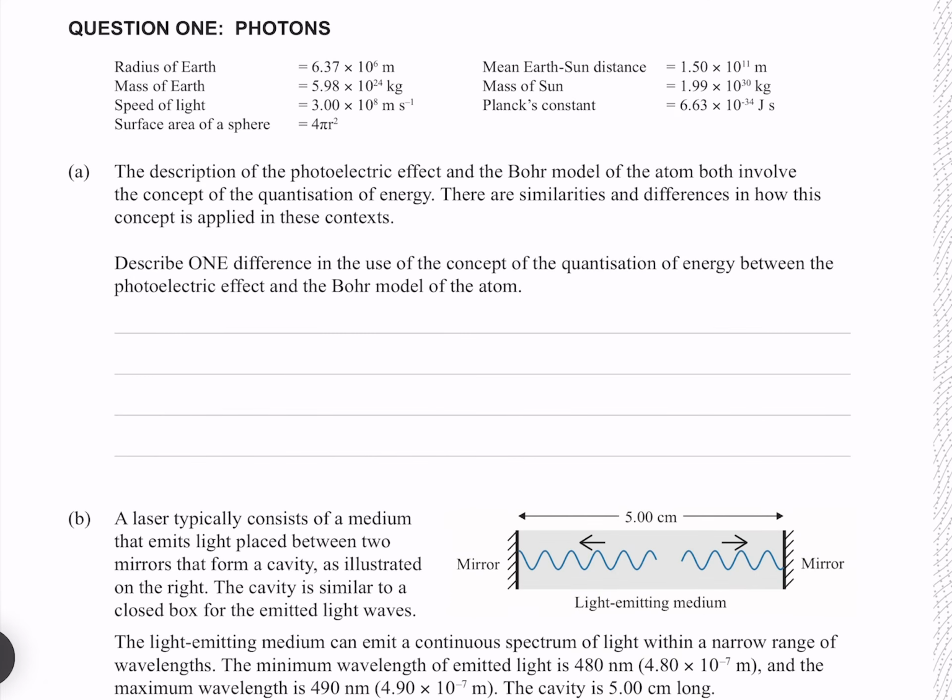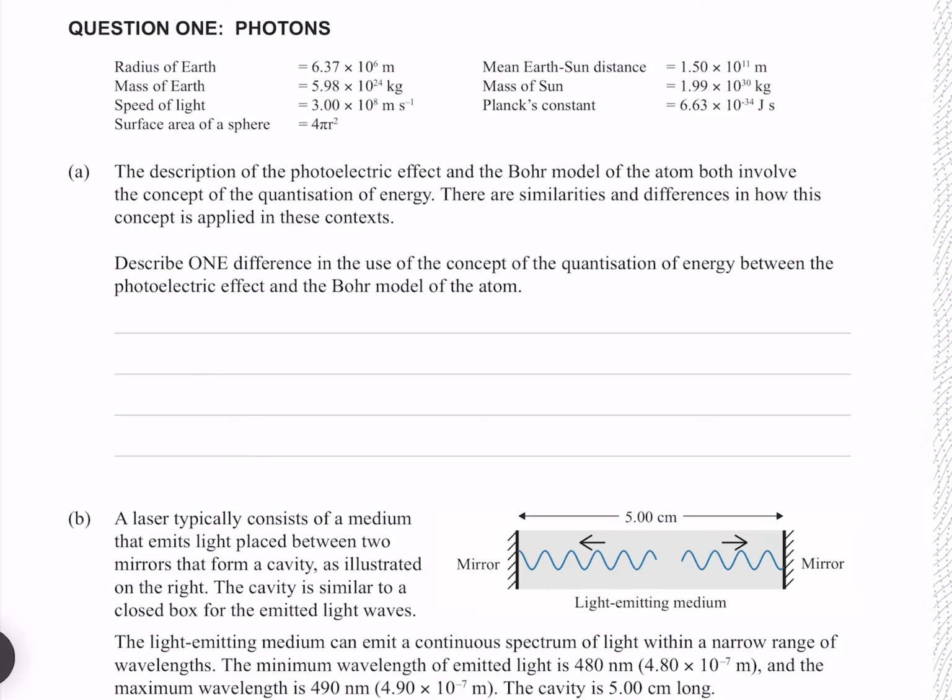Question 1. The description of the photoelectric effect and the Bohr model of the atom both involve the concept of quantization of energy. There are similarities and differences in how this concept is applied in these contexts. Describe one difference in the use of the concept of quantization of energy between the photoelectric effect and the Bohr